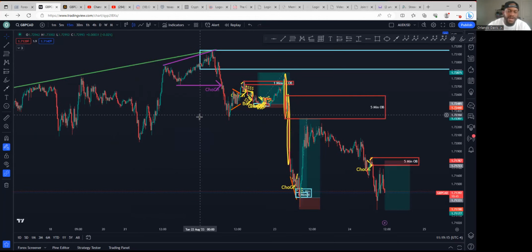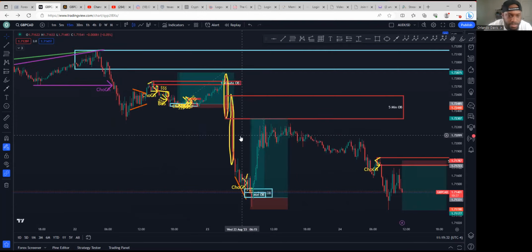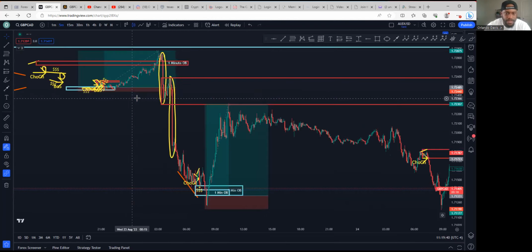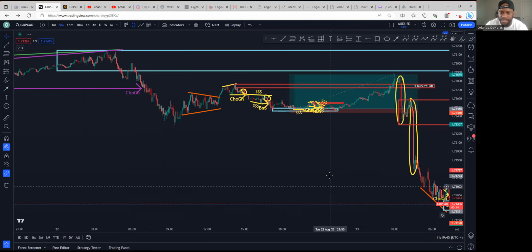Now, here's the deal. All of our templates, the seven templates, are based off of divergences. All that you're doing is simply reacting to what the market prints. So here's the deal. A couple sessions ago, we simply saw this. We have this mark on the 1 minute time frame. So let's go over that first.